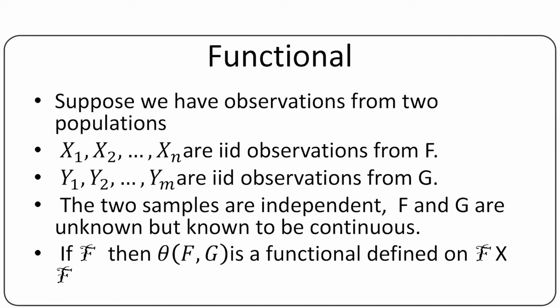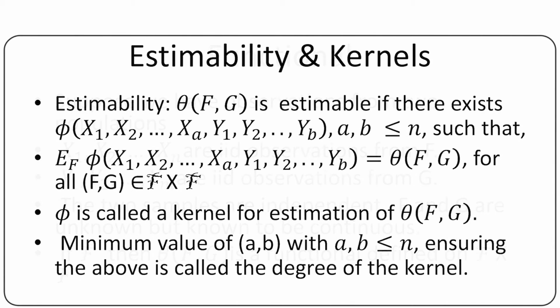Assume that IID observations are available and these two samples are independent. In example 1, theta equals P(X1 less than Y1). Since this is nothing but the expectation of the indicator function of the event X1 less than Y1, the kernel is the indicator, and phi is a kernel of course. The symmetry is trivial. Next, look at example 2: to estimate the probability that both X1 and X2 are less than Y1. As before, theta equals P(X1 less than Y1, X2 less than Y1), and the kernel is the indicator function of X1 and X2 less than Y1, with 2 X's and 1 Y argument.